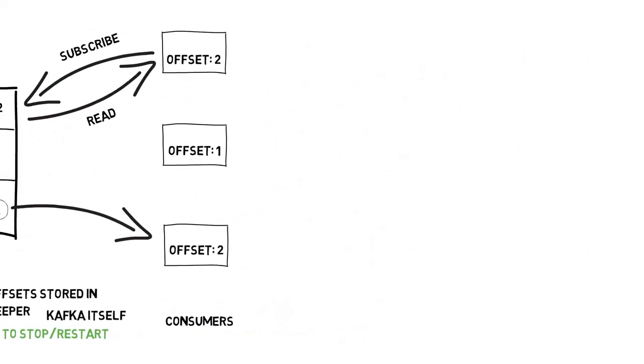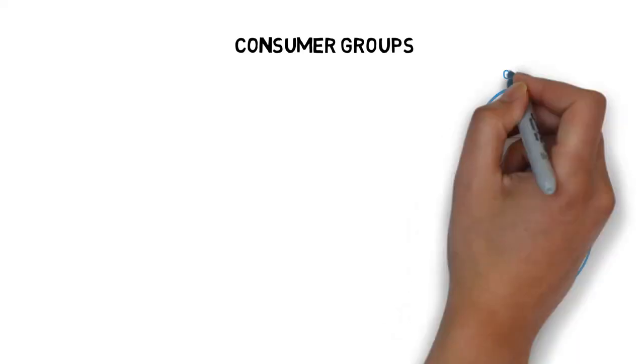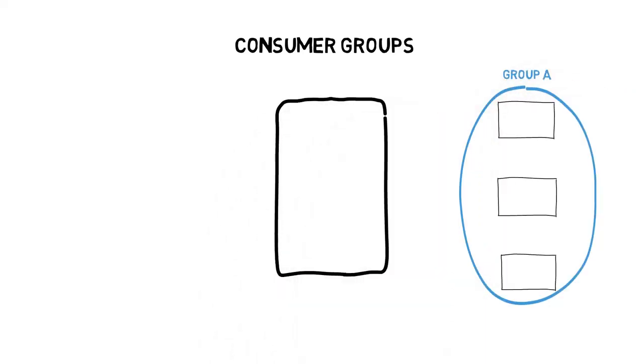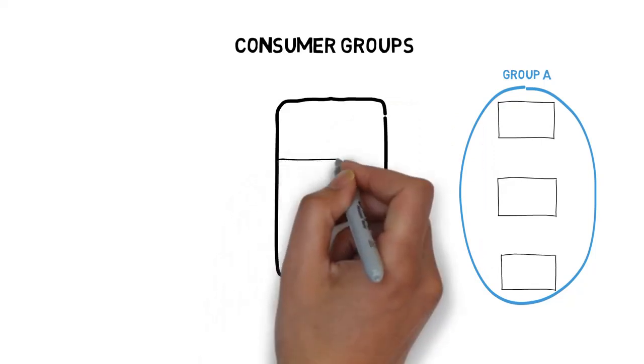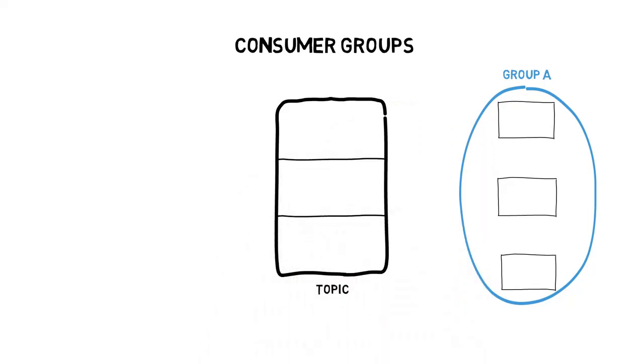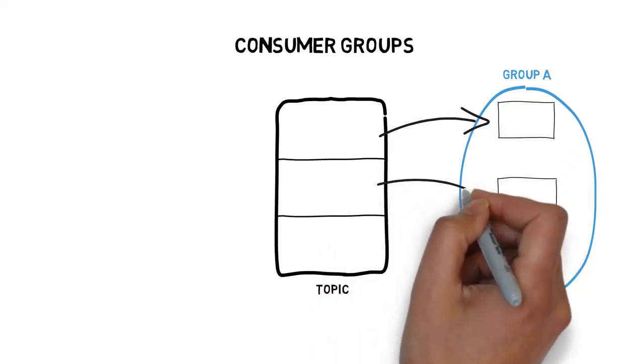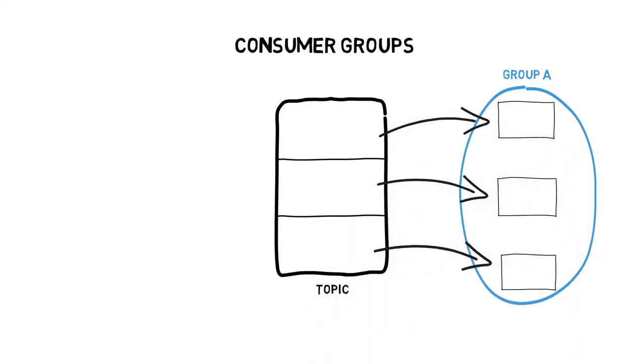Consumers always belong to a specific consumer group. Consumers within a consumer group work together to consume a topic. The group makes sure that each partition is only consumed by one member of a consumer group. This way, consumers can scale horizontally to consume topics with a large number of messages. Additionally, if a single consumer fails, the remaining members of the group will rebalance the partitions to make it up